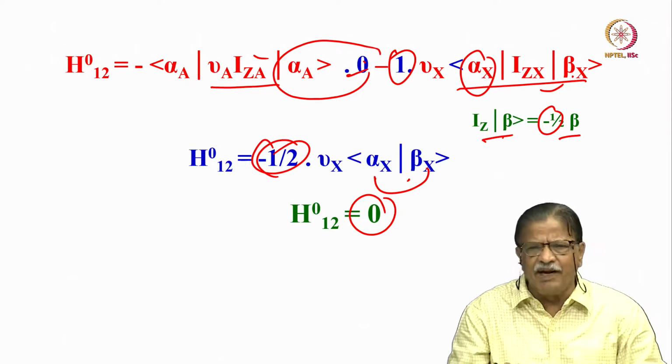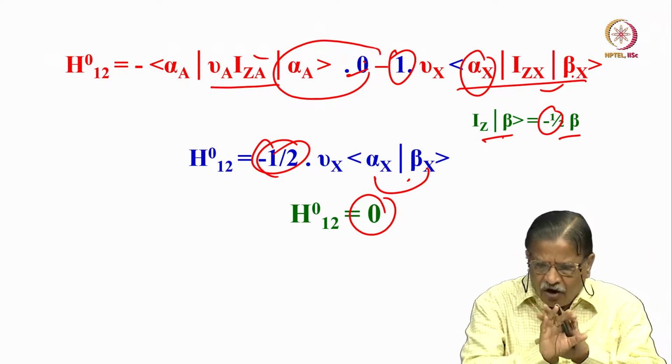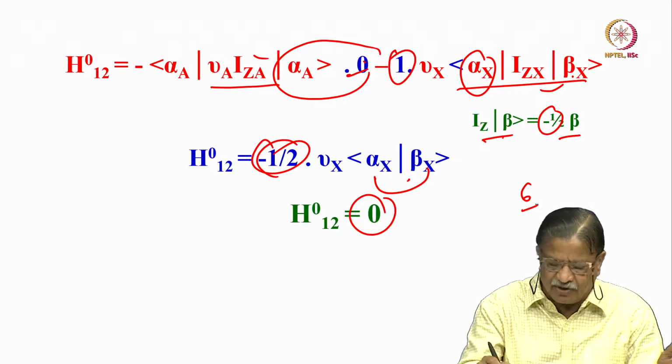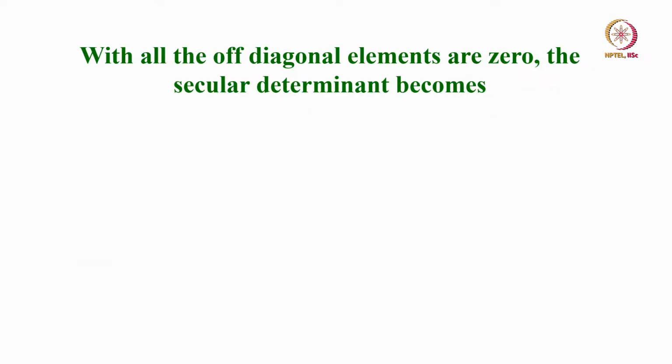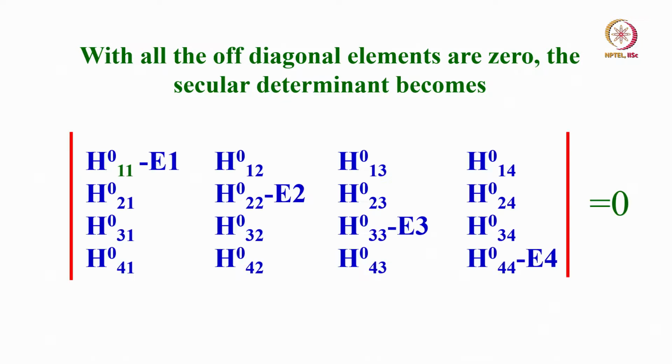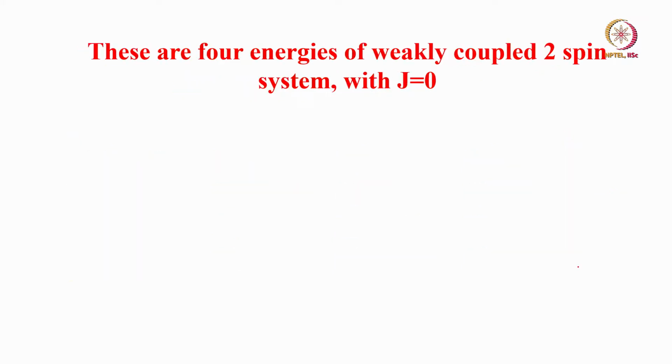You work out the remaining terms, no problem, you will find all the 6 off diagonal terms are 0 here. So, what do you get? You are going to get only 4 diagonal elements for this matrix. This is the matrix with the secular determinant now, which is here, this is what we started with, and we say H11 minus E1, now all other terms are 0. So, we have only a secular determinant like this. Since all the off diagonal terms are 0, you have only 4 equations and 4 energy levels, very easily from this matrix you can work out.